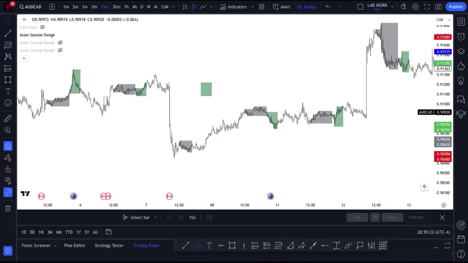All right, next topic. We're going to be talking about the Asian session utilization. So this topic can be challenging for some traders, depending on your learning curve. Depending if you're a beginning trader, it might not make any sense. But